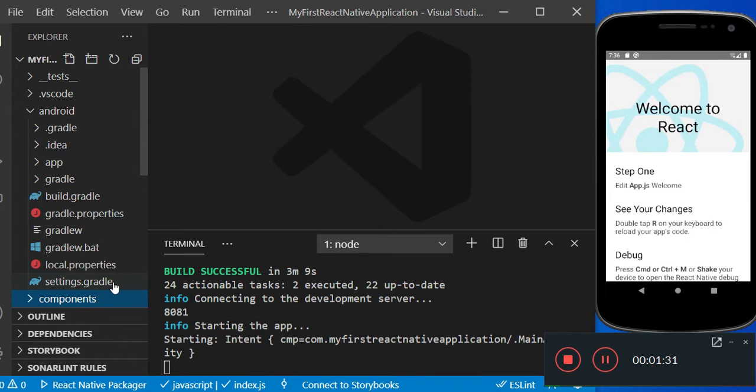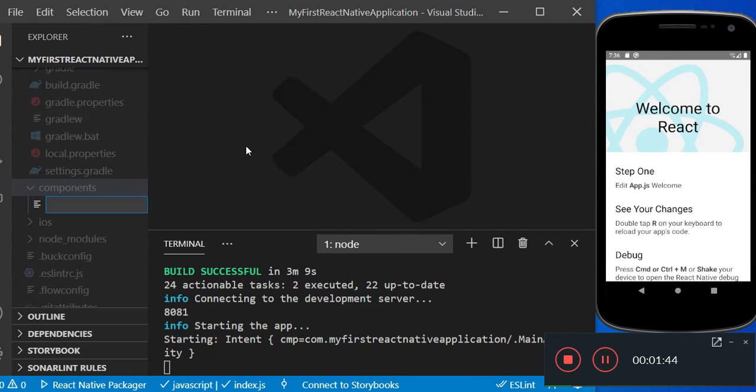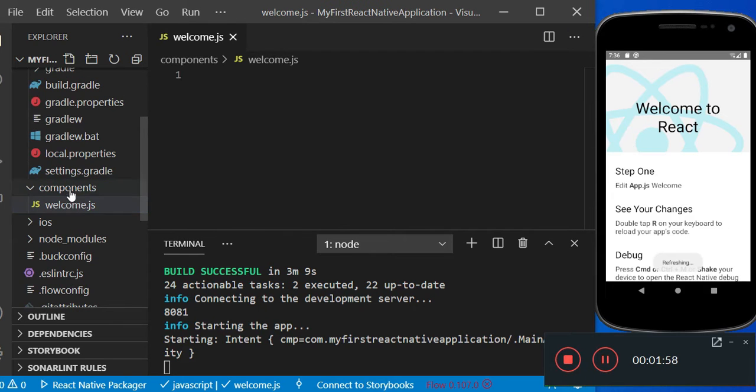And what is the use of a component? Why create our own component? Because here we have to display our own customized output. Once you create your own folder, then in that folder you have to create one file. I am going to give the name for that as, suppose, welcome. That file must be a .js file, a JavaScript file. So here I have created the welcome.js file in the components folder.